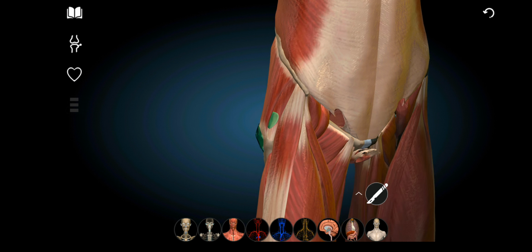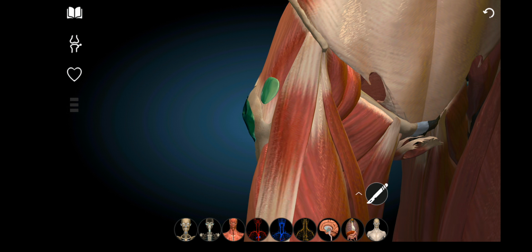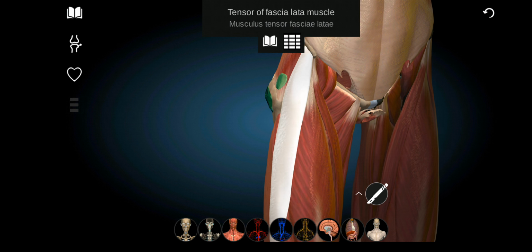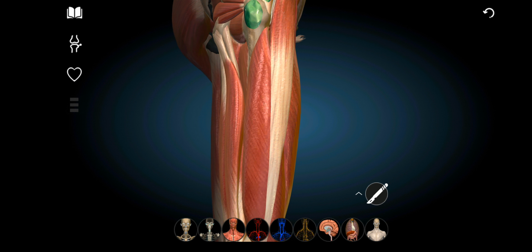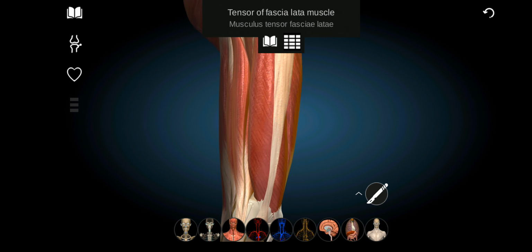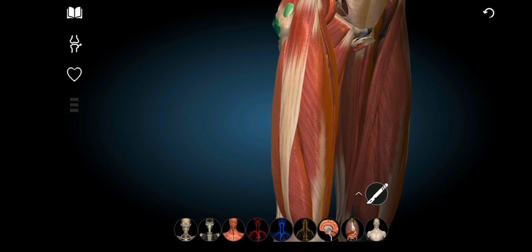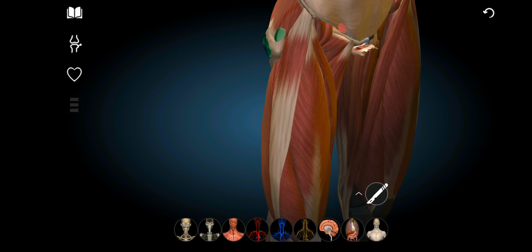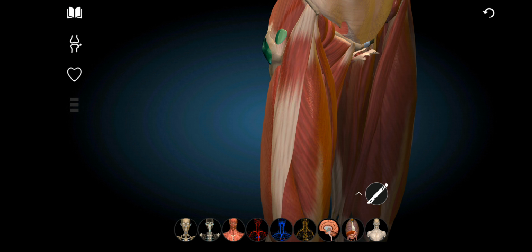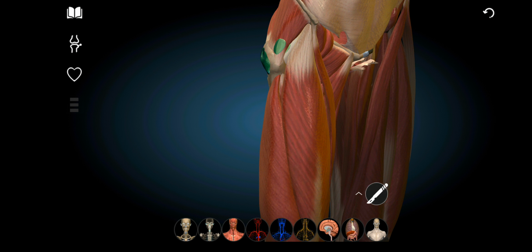Then we start to get to the front, and we can cut away some of these things. So if you ever hear about your IT band, that's this guy, your tensor fascia lata, and basically it kind of comes down to form the IT band that runs over your knee. A lot of people get very, very tight there, or at least they feel some kind of tension or tightness. That right there is an extensor, so that's a quad, part of the quad muscle. When we actually look at the quad and what kind of goes